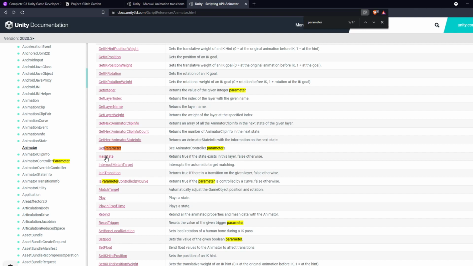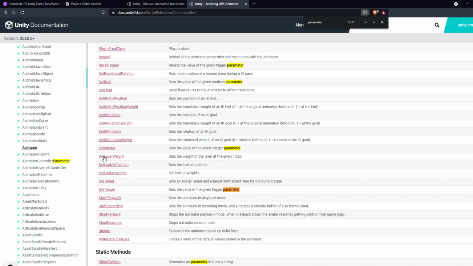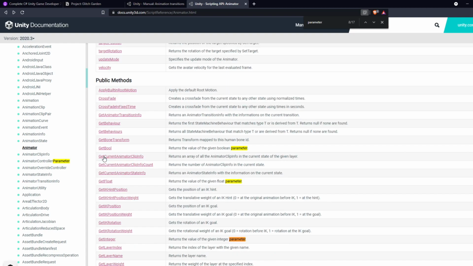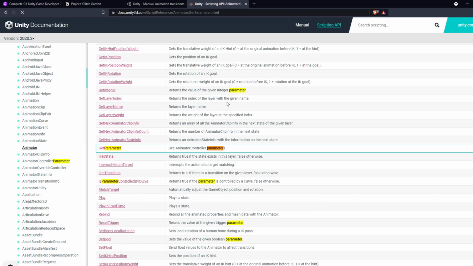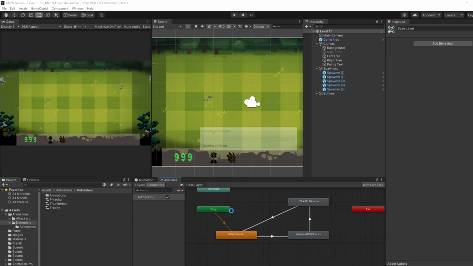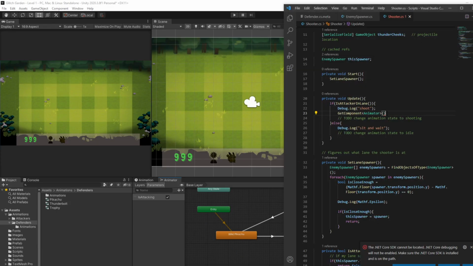I guess we have to know. Alright. So GetParameter. It looks like we're going to have to use GetParameter, and then we have to use an index. It's going to be the first one, so GetComponent, GetParameter 0, because that's the index of